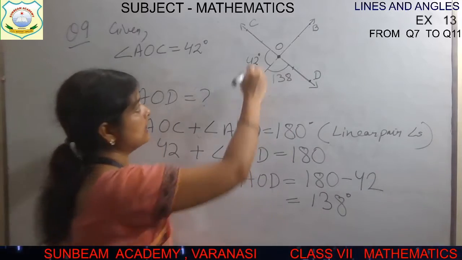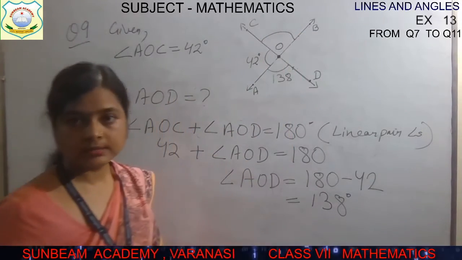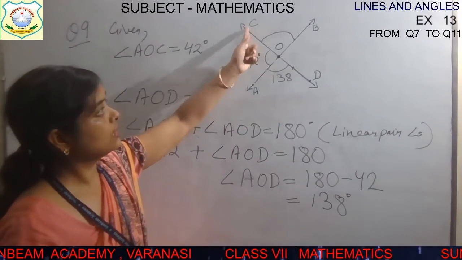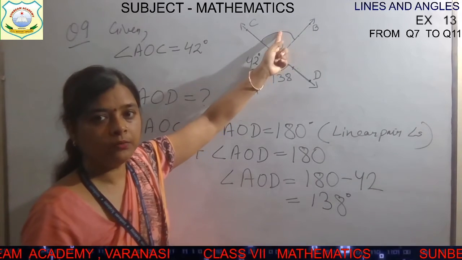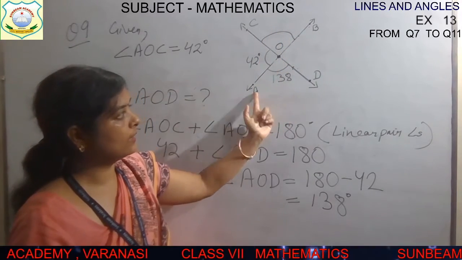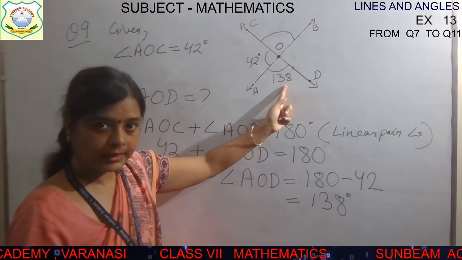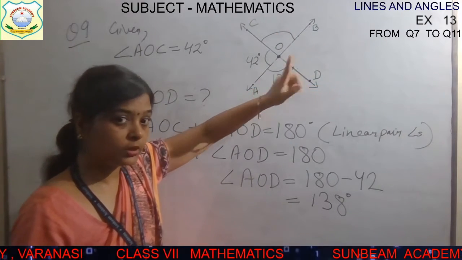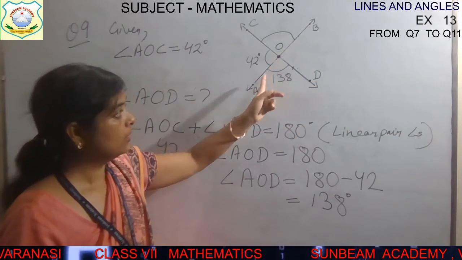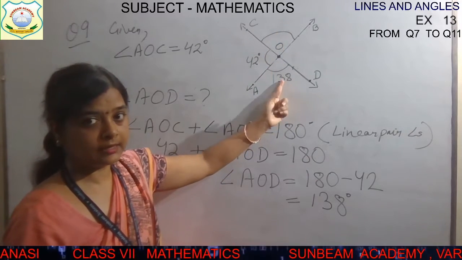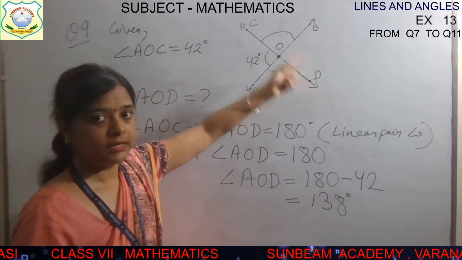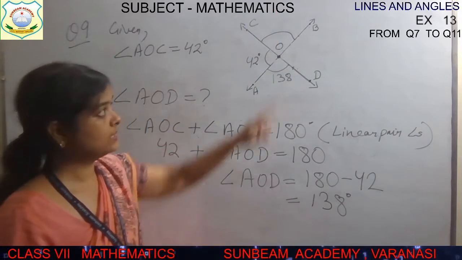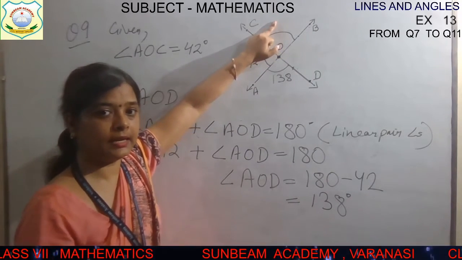Now children, can you find the last angle, the third one? This one? This is angle BOC they are asking. COB is written. Can you find this angle now? Yes. How? Write down angle AOD is 138 degree and that is equal to COB. In a bracket, write the reason, why this angle AOB is equal to COB? Vertically opposite angles. So its value will come out as 138 degree.